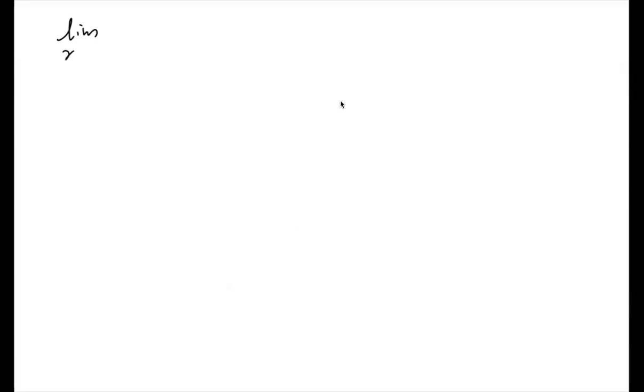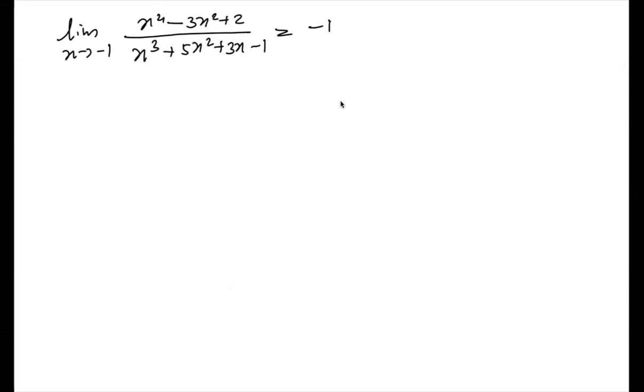Limit x goes to -1 of (x to the power 4 minus 3x squared plus 2) divided by (x cubed plus 5x squared plus 3x minus 1) equals minus half. This is the thing that you need to prove. So eventually you need to prove